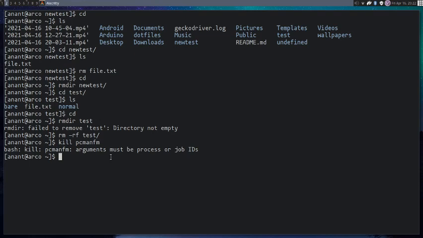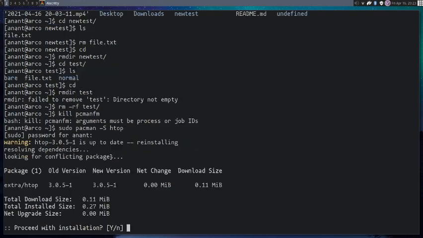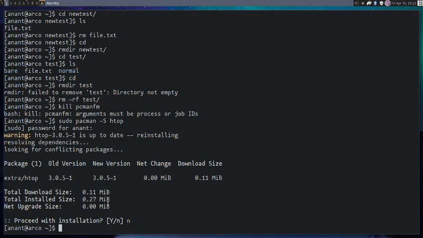So if you are on a Debian based distribution like Ubuntu, Linux Mint, Pop OS, etc., you can do a sudo apt-get install htop. If you are on an Arch based distribution, you can do sudo pacman -S htop. That's what I'm running now, because I'm on an Arch based distribution, but actually it is already on my system because I use it. So I do not need to reinstall it.